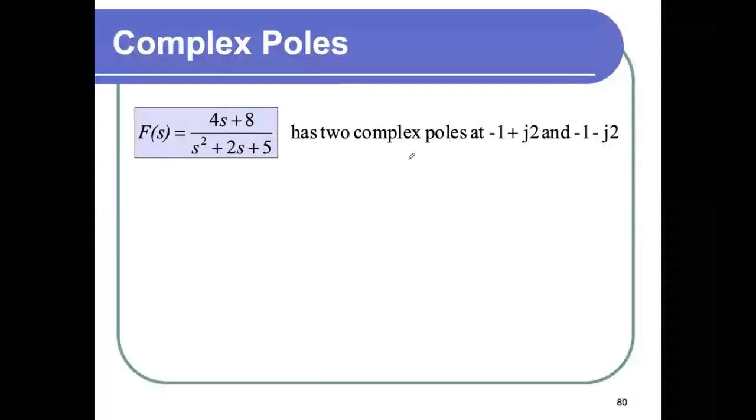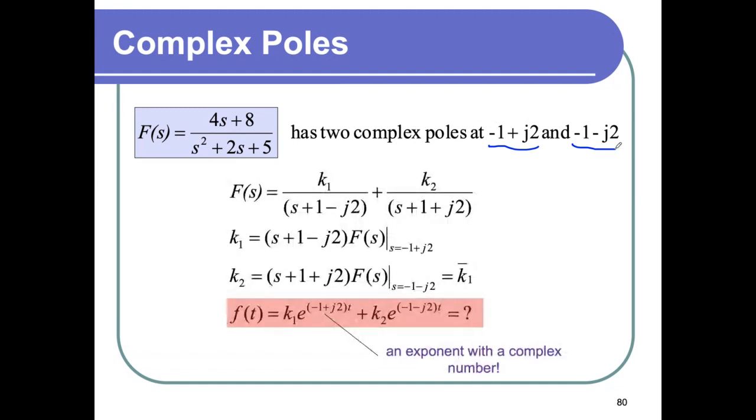Okay. So the next item in the agenda is complex poles. So we have 2 poles, one at -1 plus 2j, and the other one is -1 minus 2j. So we can do it in multiple ways. The first way is to treat them as 2 distinct poles, and we will have a corresponding K1 and a corresponding K2. And then you will notice that K2 is simply the conjugate of K1. And then you will have exponents with complex